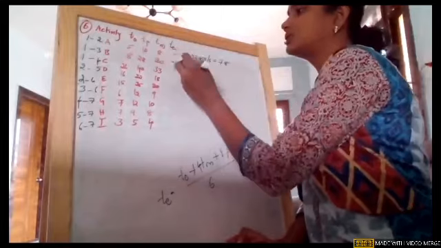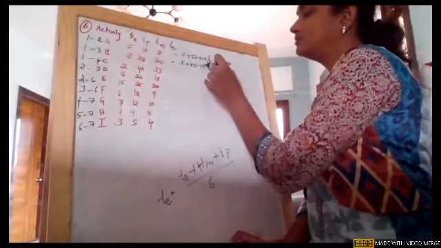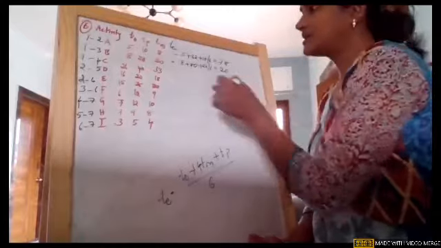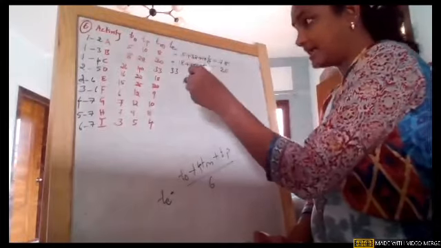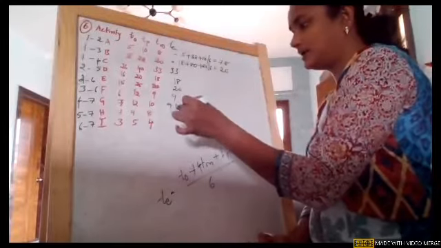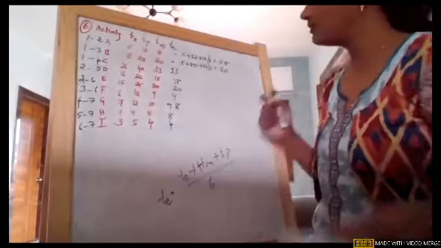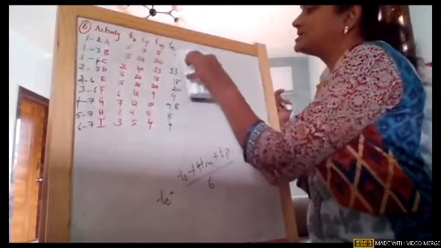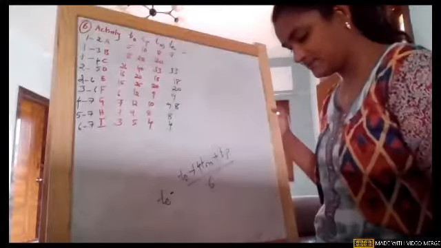You can see the next one also. 18 plus 4 2s are 8, 80 plus 22 divided by 6. The value we got is 20 after substituting. I'm just directly writing the values: 18, 20, 9, 9.8, 8, and 4. These are the values which we got after substituting the three durations, optimistic time, pessimistic time, and most likely time, in the formula TE. It is 7.8 and 20.